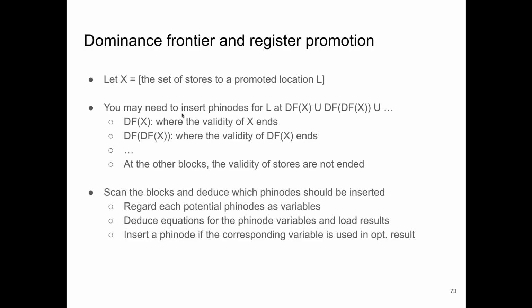So, let's assume that X is a set of stores to a promoted location L. So L is promoted by the mem-to-reg optimization, and X is the set of the stores that is storing values to such a location L. And then